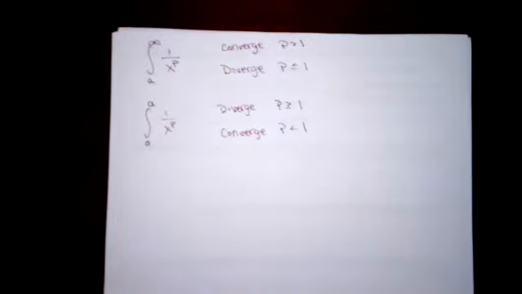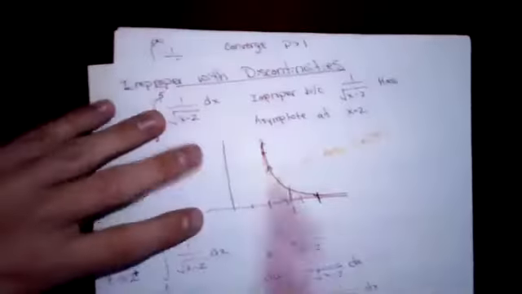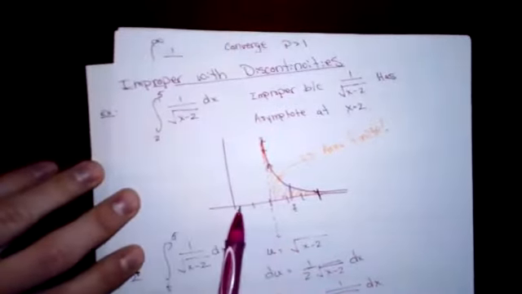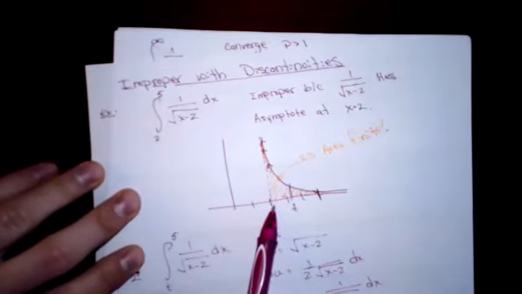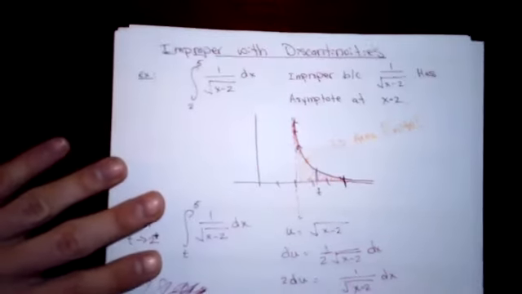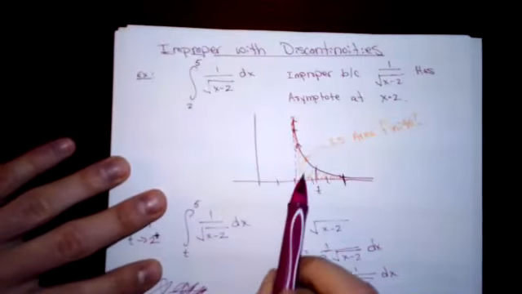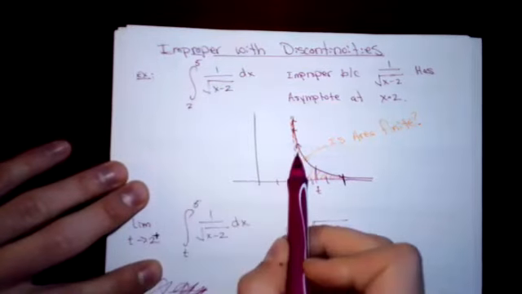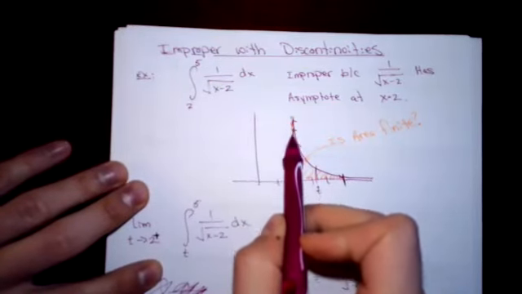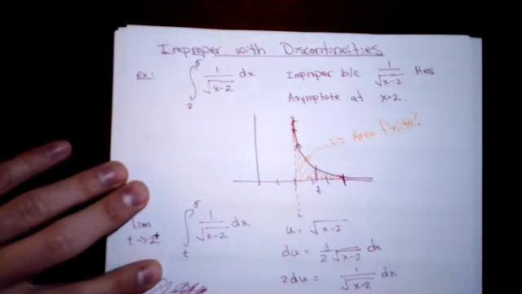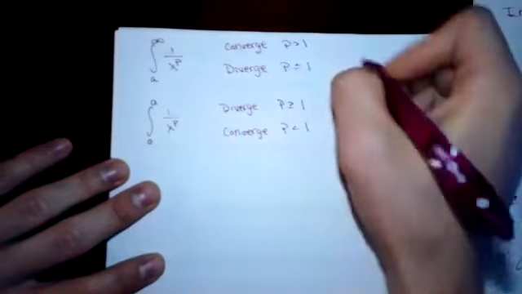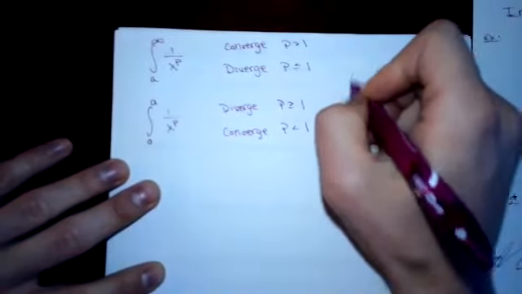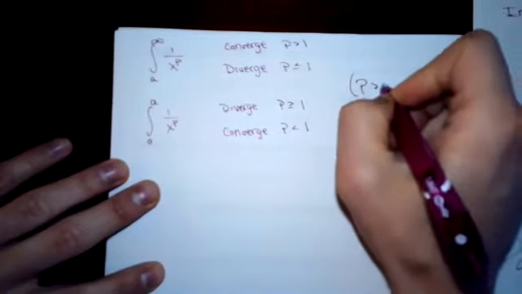So just as we saw with this last one, it was a slightly different function because I changed it by a shift. But that minus 2, all we did was shift 1 over square root x. We just shifted that to the right. And we saw it converged. It's a finite area around this asymptote. And so that's going to hold for any fractional power. And of course, we want in general for all of these, our p is bigger than 0.